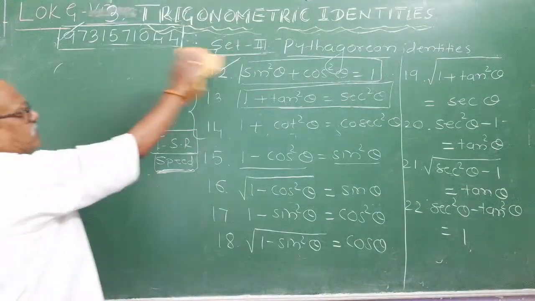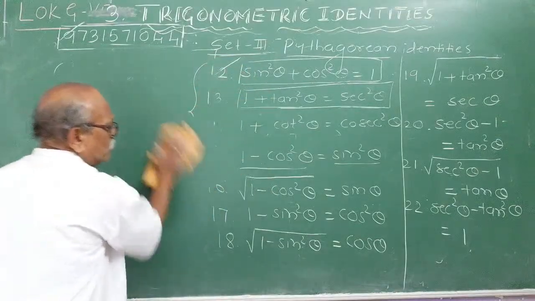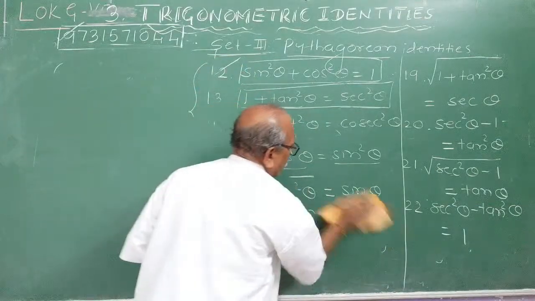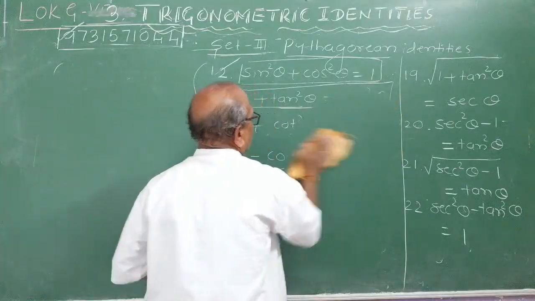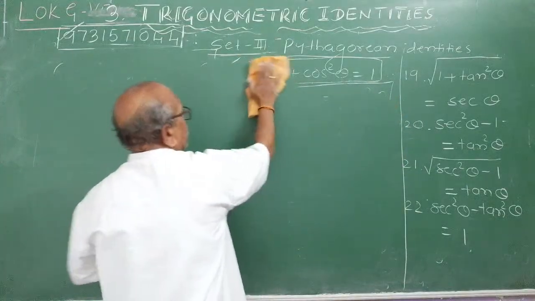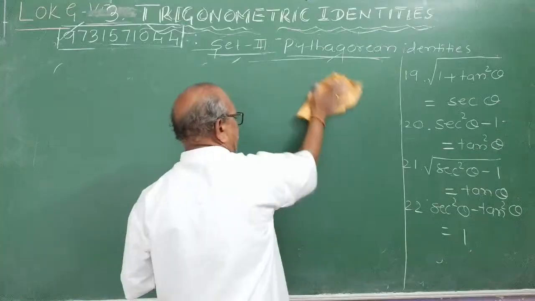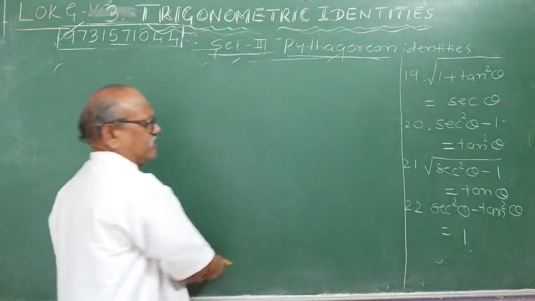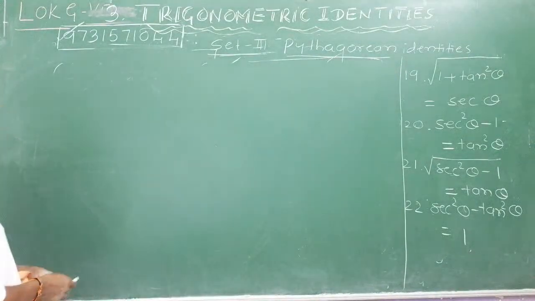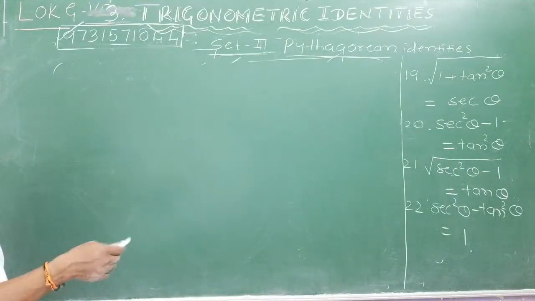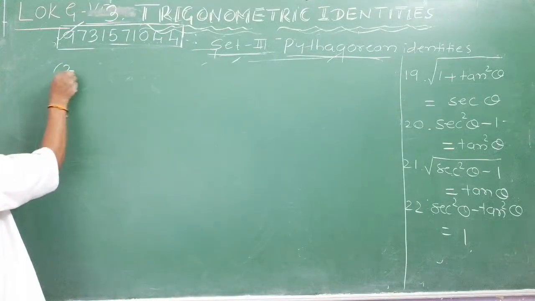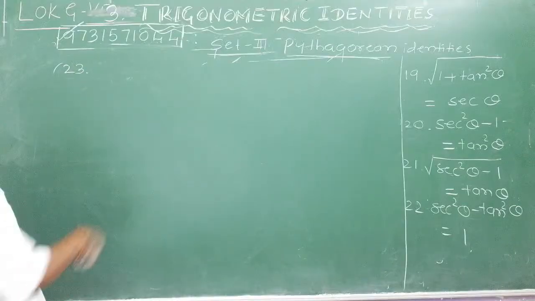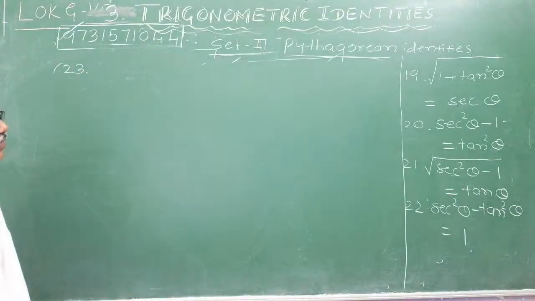Now I will rub this part and you make a cheat sheet. First of all, you make them, learn them. I am not telling you just by writing. Learning requires repeated writing, repeated memorizing. Like you repeat the mantras, right? 23, these are the mantras to make trigonometry perfect. 22 mantras,